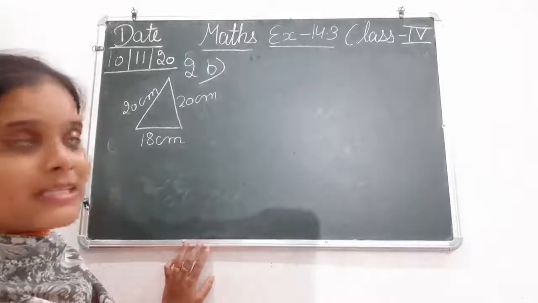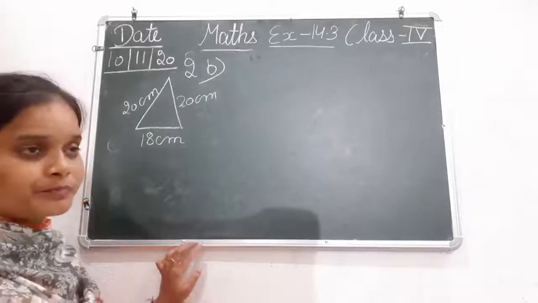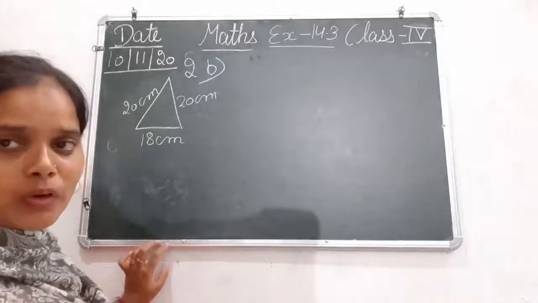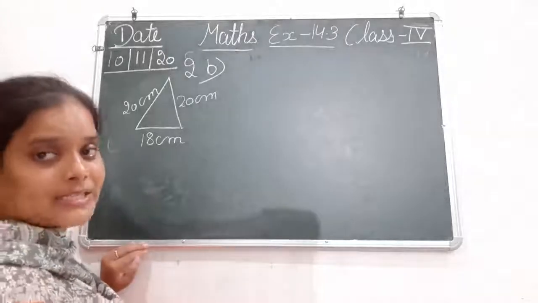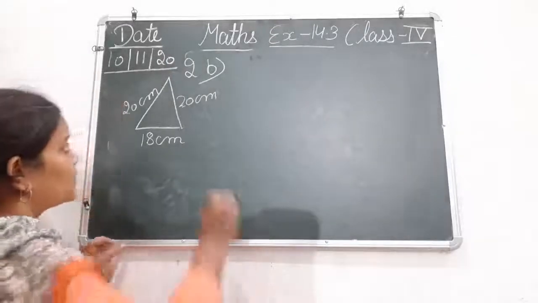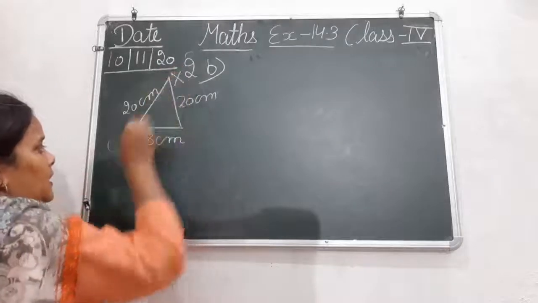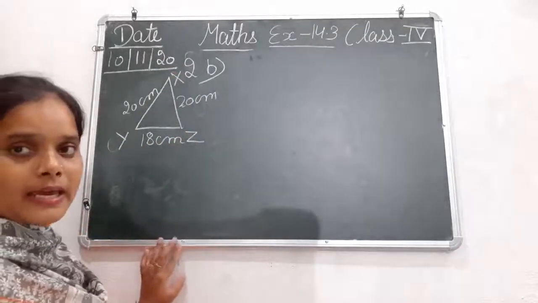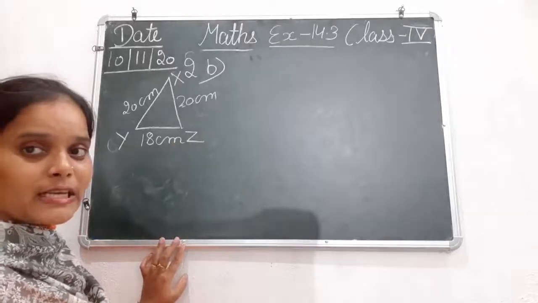Okay? So just let's name it. Okay, so I'll just कोई भी XYZ. So now we are going to name it as XYZ. The name of this triangle is XYZ. This is X, this is Y, and this is Z. XYZ. So this is the name of the triangle.